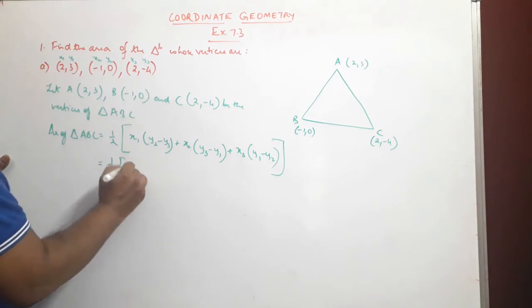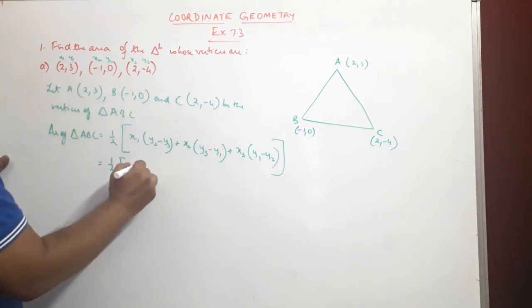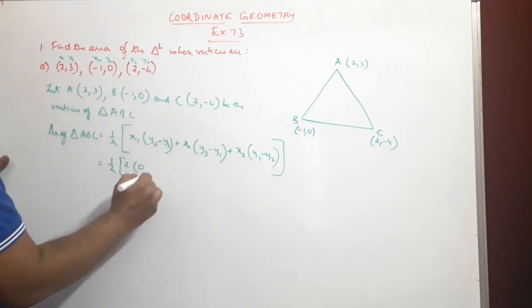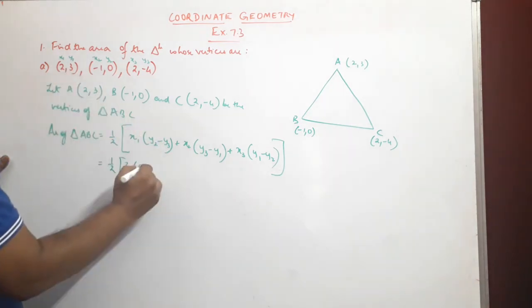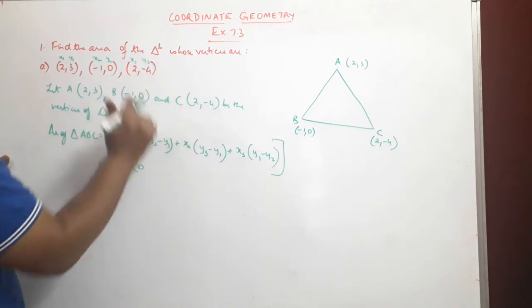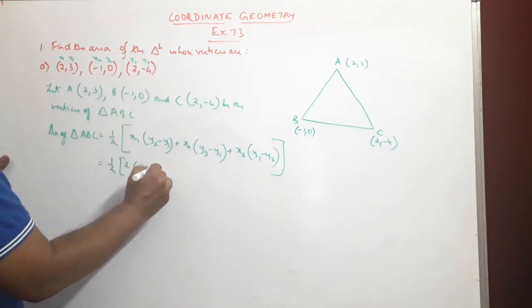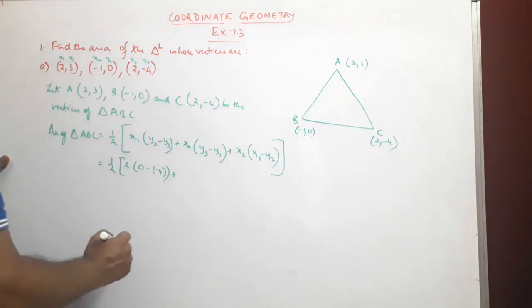Half into x1 which is 2 into y2 which is 0 minus y3 which is minus 3, sorry, y3 is minus 4, minus of minus 4, close the bracket, plus